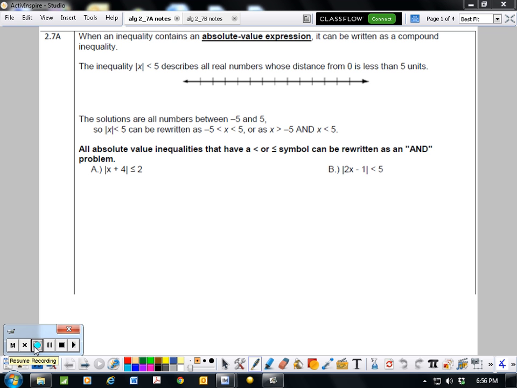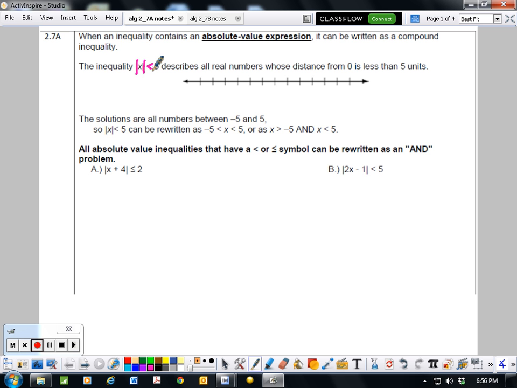Okay, so algebra students, we are now down to our very last section in chapter 2, and that's working with those absolute value inequalities. So we are now looking at absolute value, which are these lines right here. And absolute value talks about a number's distance from 0. So this inequality, absolute value of x is less than 5, describes all numbers whose distance from 0 is